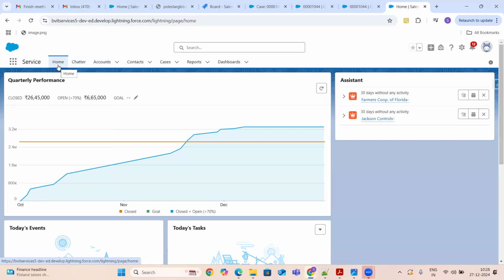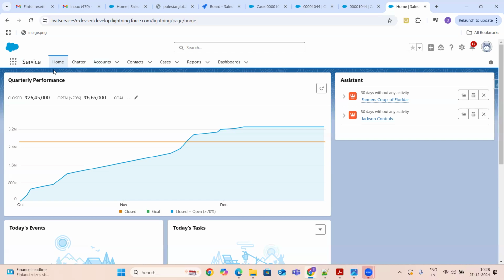Okay, immediately another business, the finance team, will come into the picture and say, no, for us customers are not important, reports are important. So the first step should be reports. Then immediately the insurance team will come and say, no, reports and accounts are not important for us. Ours is cases. Any ticket that is coming up is the more important thing for us. So we want cases in the first place, right?